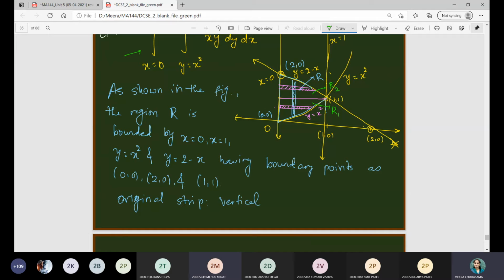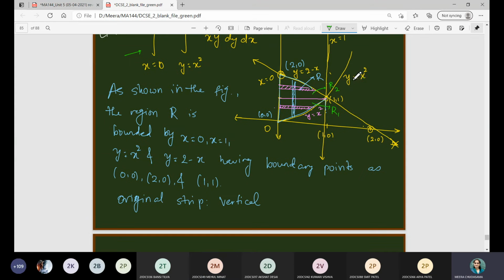And that intersection point will be 0, 2, not 2, 0. Just a minute. Yeah, of course it is on the y-axis, so that is my mistake. This is 0 and 2. Here it is also 0 and 2, right? Fine. So let us write up this part.